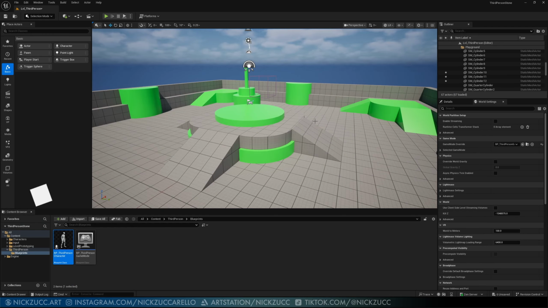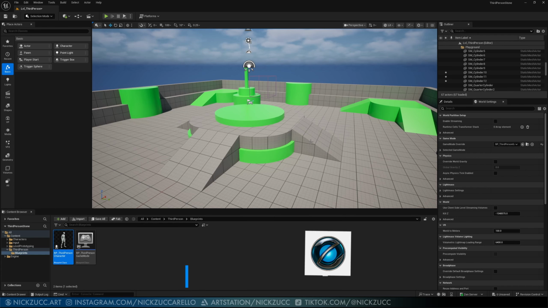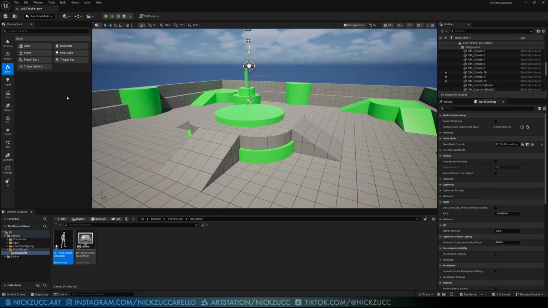Okay, let's go ahead and get the mannequin outside of Unreal and pull it into Maya. But before we do, I want to explain something to you that's going on here. And that is that we chose the third-person template, but this is actually a game mode. I've got the world settings set up here, and normally you wouldn't see that. You can just go up here to Window and go to World Settings, and you can actually see some of this. But you can see that this game mode is set to Blueprint third-person game,